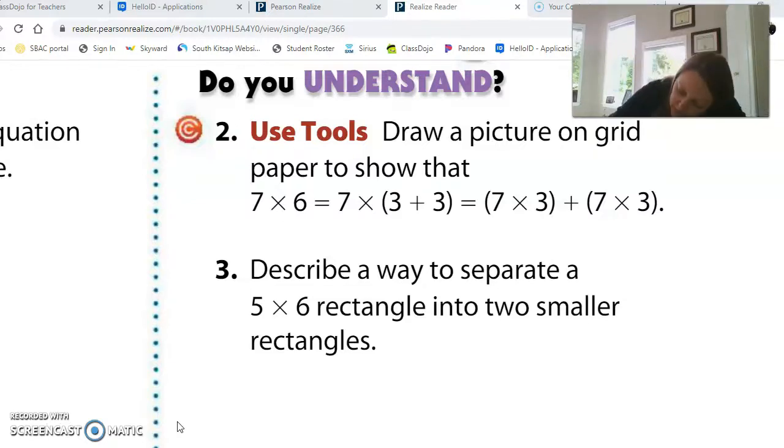So maybe I'll use a green one. I don't know if this highlighter will work very well. I really want you guys to be able to see this. So 7 down, 1, 2, 3, 7, and 6 across. And then I'm going to make it a rectangle,